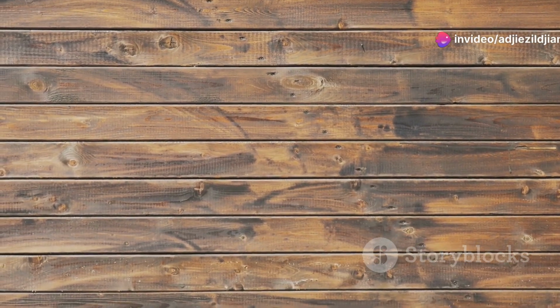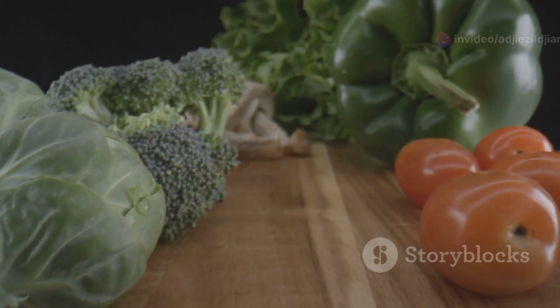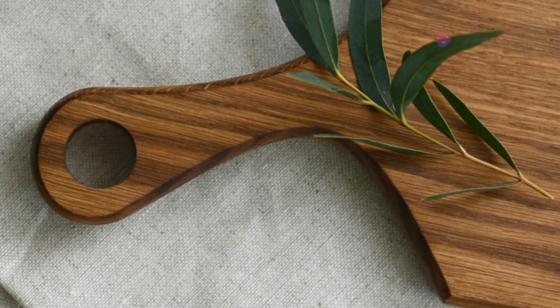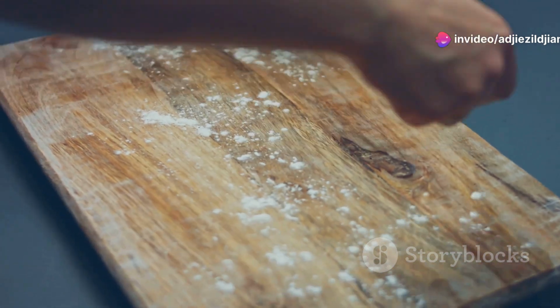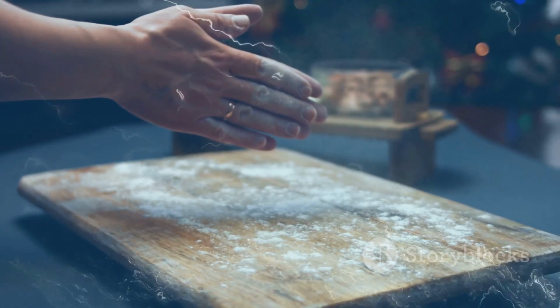Teak wood is naturally rich in oils, making it more resistant to water and warping than other woods. This is especially useful if you use your cutting board for juicy items or frequent cleaning. Teakhaus uses sustainably harvested teak, which appeals to eco-conscious buyers. The durable wood is also known for its longevity, and, as an eco-friendly option, it's more renewable compared to certain